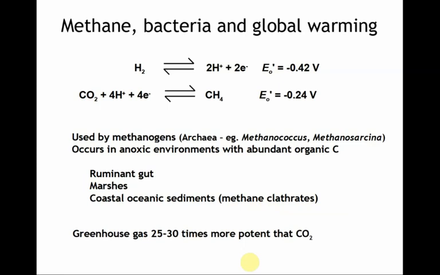This will give us a kind of positive feedback mechanism for greenhouse warming. And this is a real concern, because methane is 25 to 30 times more potent than carbon dioxide. So this is one of the feedback mechanisms that we could shortly be